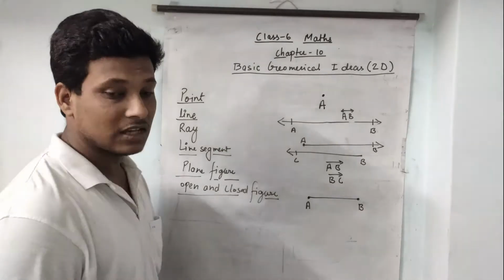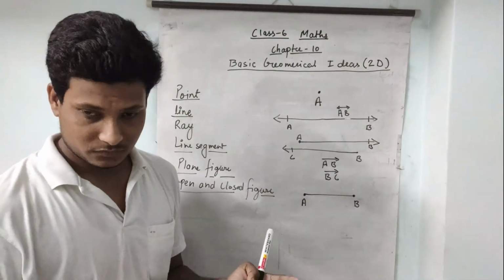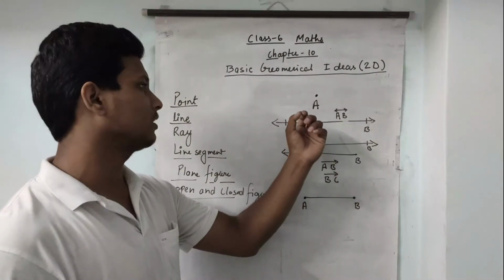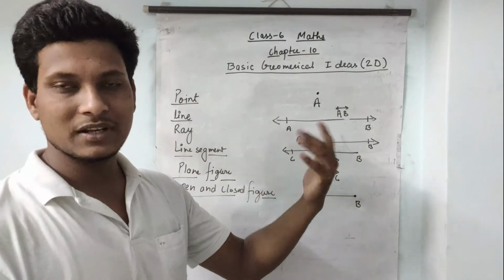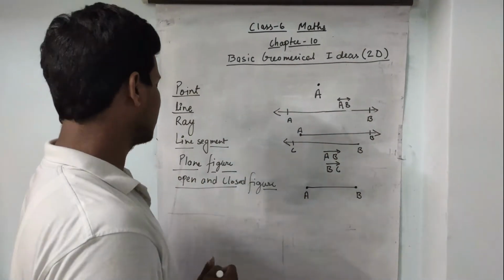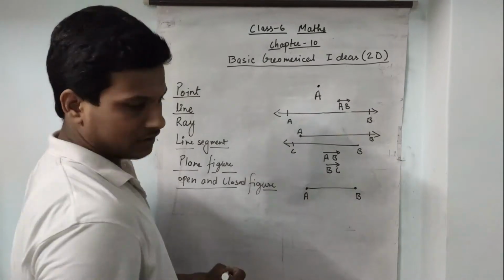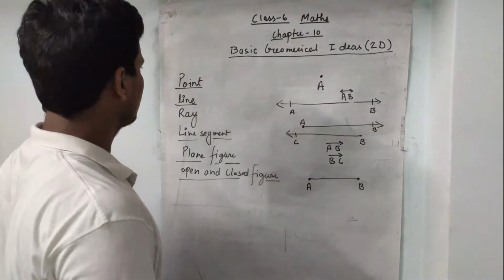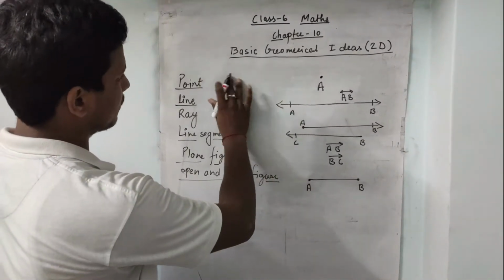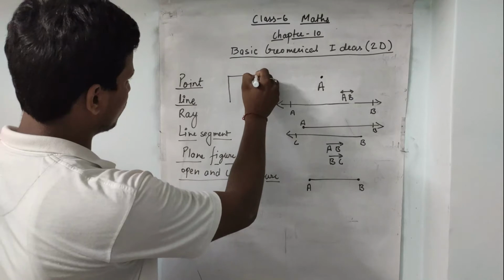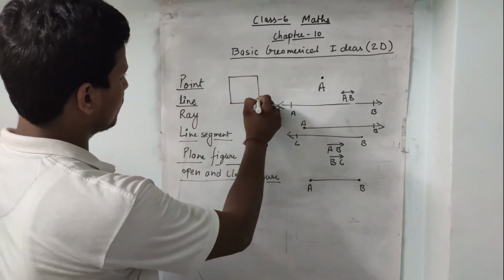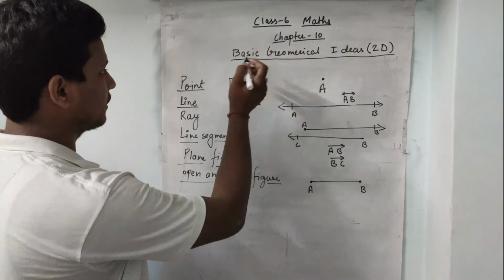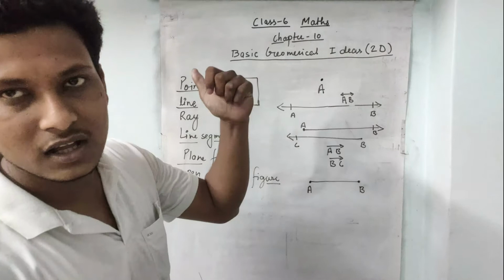Okay, next is a plane figure. A plane figure is a combination of points that can be represented on a particular surface, like that. This is a plane figure. I should remove these points. Wait a second. So just like here, this is a plane figure. We can draw any figure here, that can be a plane figure. It is a combination of points, because many points are included in this figure, and it is drawn on the surface, so it is called a plane figure.